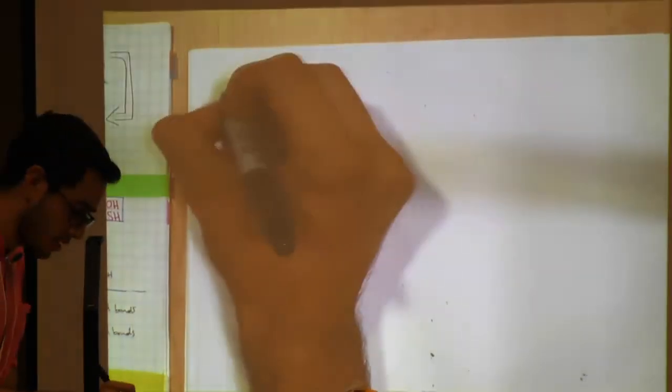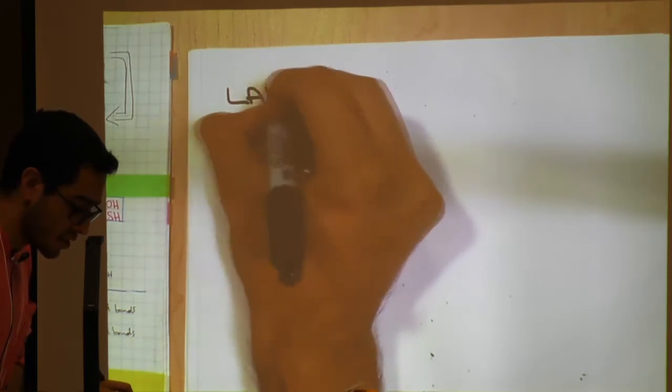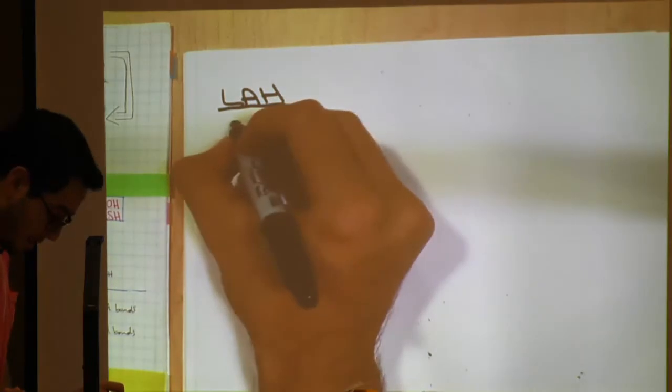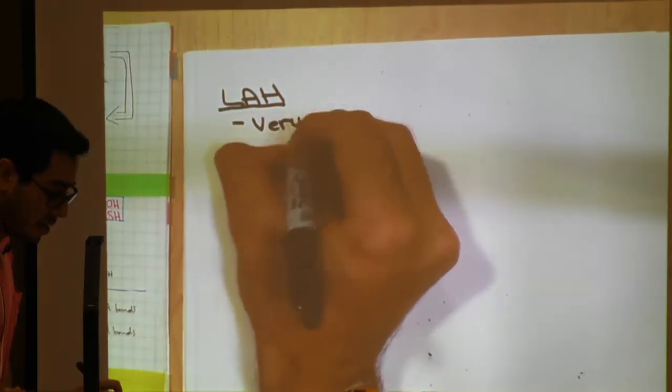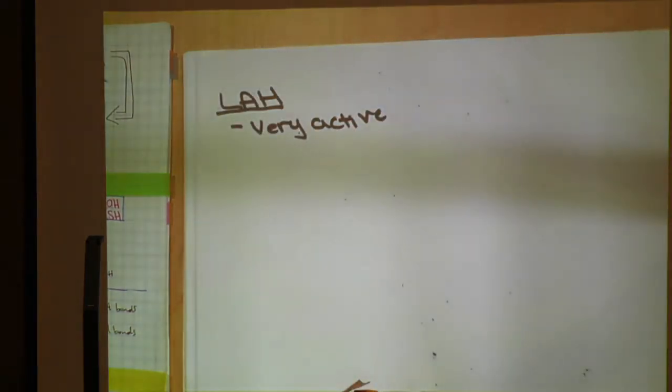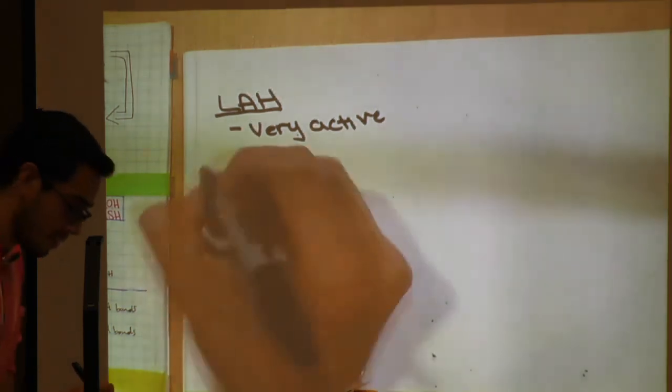LAH is your universal reducing agent. It's very reactive. It's going to reduce everything. If there's something to be reduced, any double bonds, any H's, anything that can be reduced, it's going to reduce it. Well, you have NaBH4,